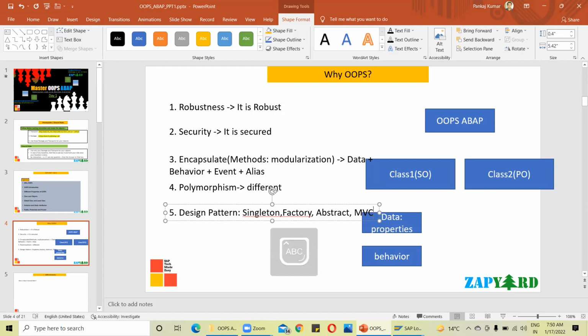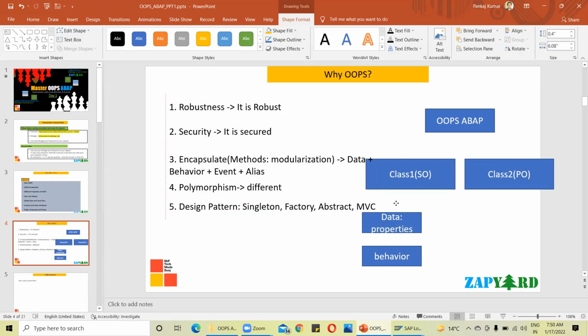But these are some design patterns which we use very frequently. We are going to look into this in more detail in our upcoming classes, right? Fine. Then